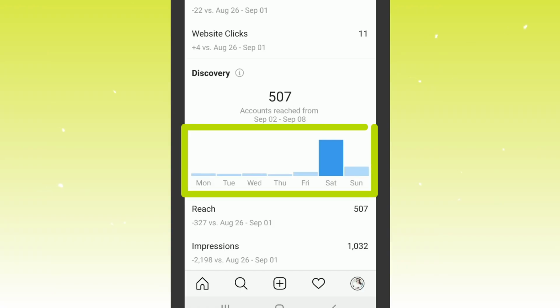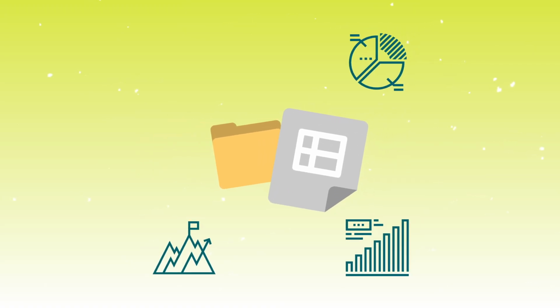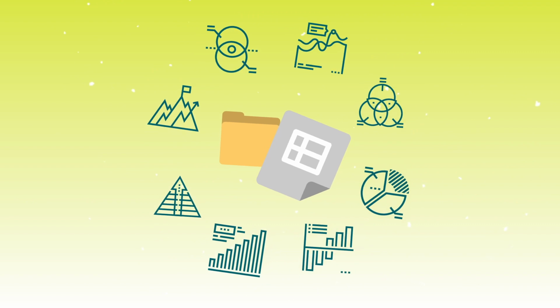So one of the caveats to the activity tab is that the data in there is only available for the last 7 days. Meaning if you're looking at data on a Tuesday, it's pulling the information from last Tuesday to yesterday, Monday. So you want to pull your data on the same day each and every week for consistency. So either screen grab that information or go in and pull the information and put it into either a spreadsheet, a Google Doc, something like that where you can track all of that data and even put it into bar graphs and charts so you can easily recognize trends going forward.